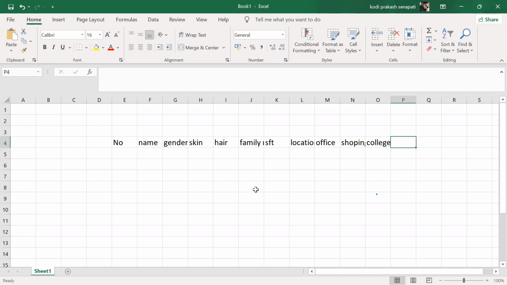Are you going to buy the house? Yes means 1, no means 0.